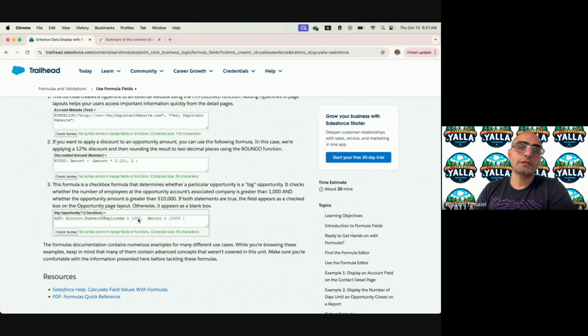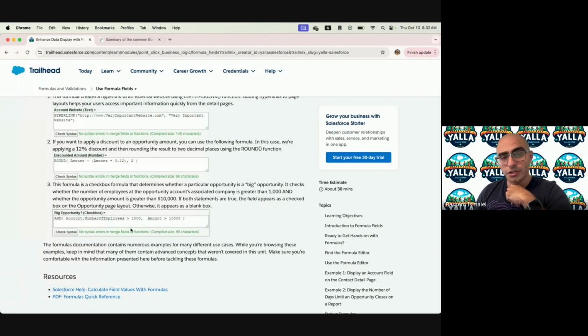And this is one of the things that we want to highlight, one of the features for formula fields. We said it's read-only. We said it's real time. Whenever you change the value, it will reflect the most recent calculation. The third important thing is that it will not drive automation. We will be discussing later what the different offerings from Salesforce for automation are, like flows, like Apex, and triggers. But for now, remember that a formula field's value on its own will not